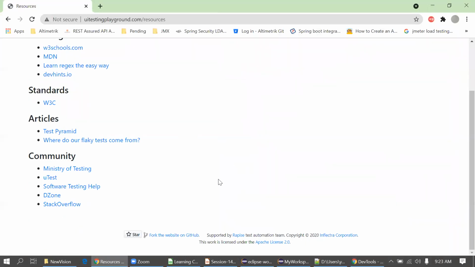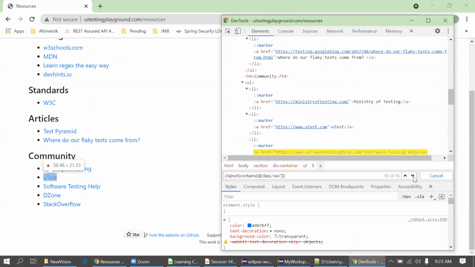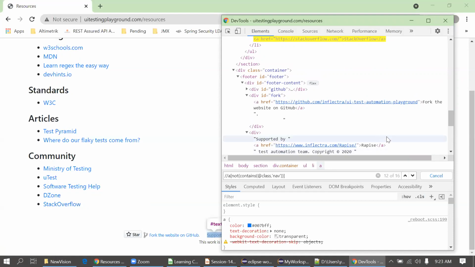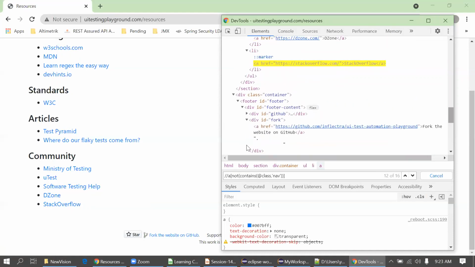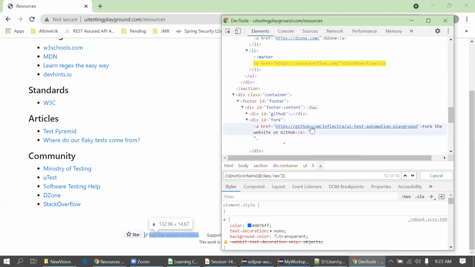So again, I will differentiate between this regular link and these links. I'll try to find out the difference. What is the difference in the DOM structure? Now I will go for the last link, not the last link actually, this Stack Overflow link. Yeah, this one. You can observe any link from this. So it's in the li, in the list we can say, and observing the link, this one.